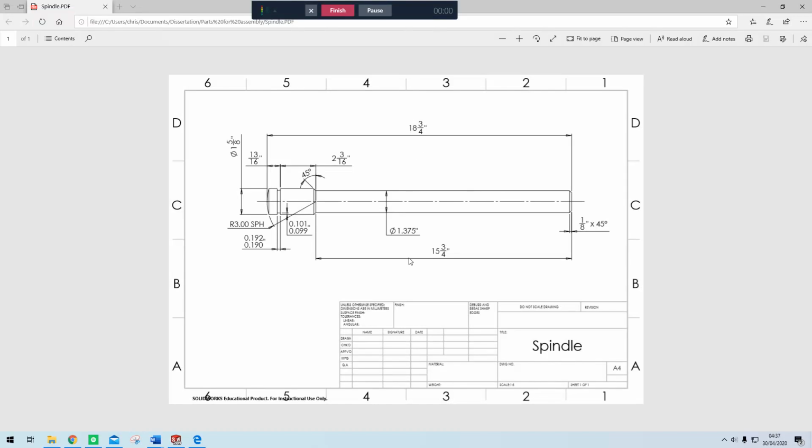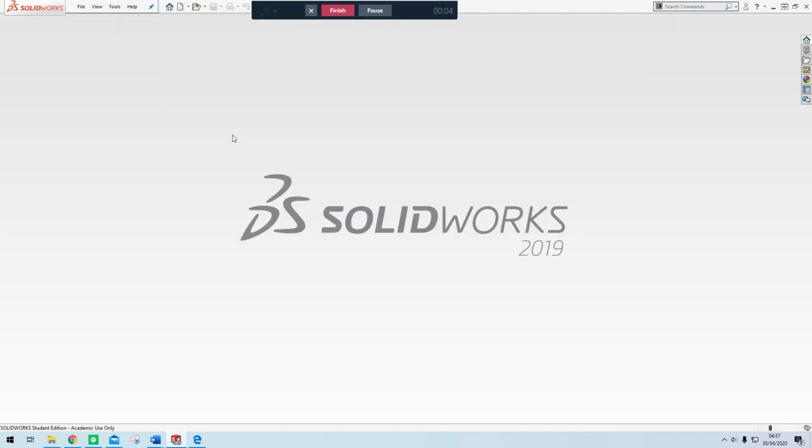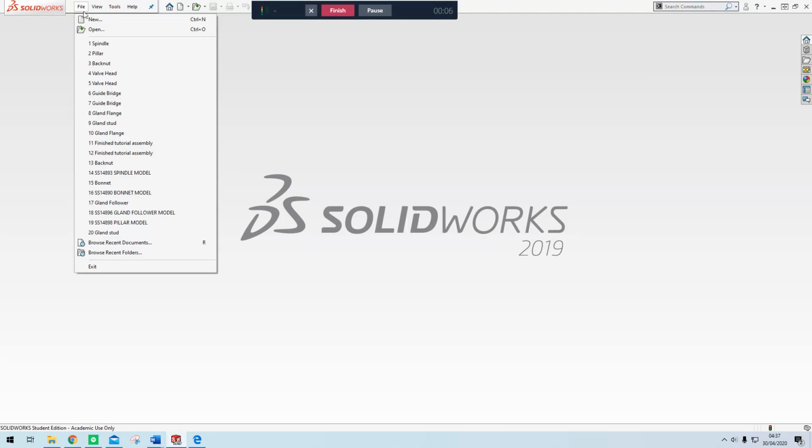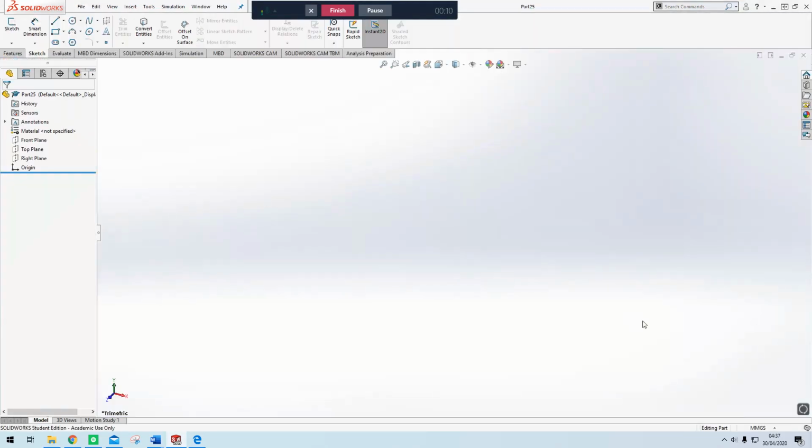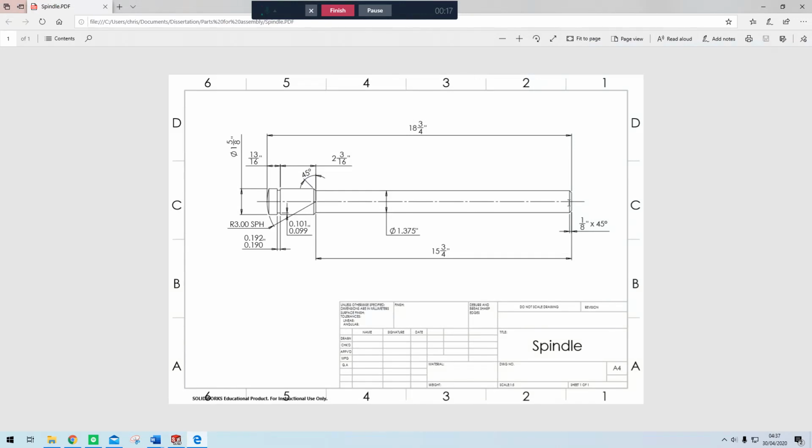Hello, so the part we're going to be drawing here is the spindle. We're going to go into SolidWorks, press File, press New, and open up a new part. So we're going to change the units to inch, pounds and seconds. So we're just taking a look at the part, and we're going to draw half the outline of the part